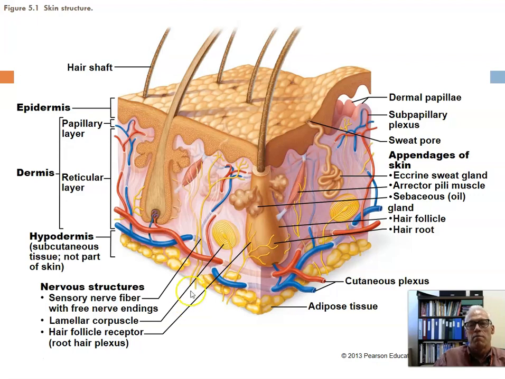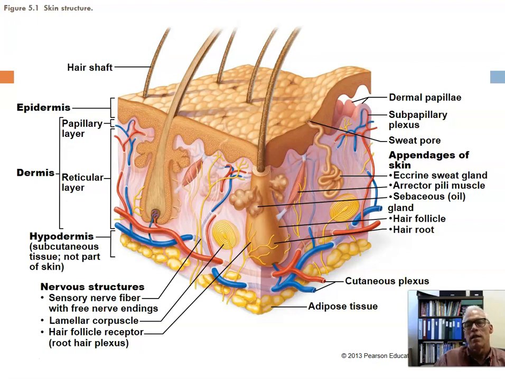There's sensory receptors in the skin that are depicted here. You see some sensory nerve endings, dendrites, or receiving antennas, if you will, of neurons. Here in the papillary dermis, some extend right up into the epidermis. Pacinian corpuscles are a type of sensory receptor deep down in the dermis. They're called lamellar corpuscles. Here you can see the layers of collagen fibers, but we're going to call them Pacinian corpuscles,